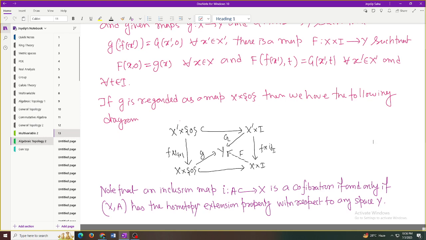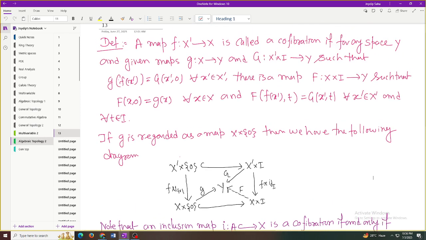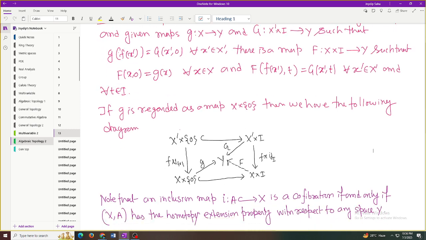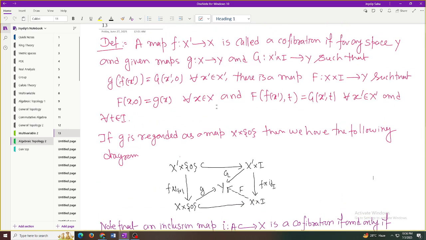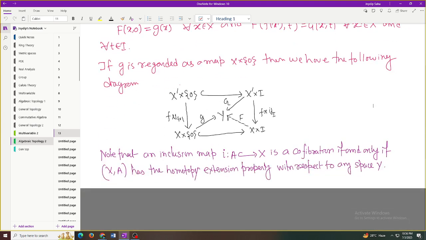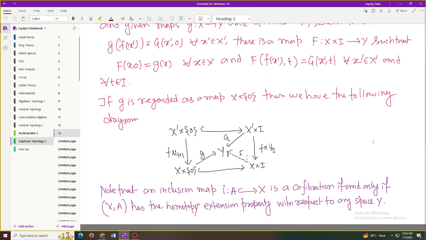So that is cofibration. That was our last discussion. So recall the definition of cofibration, this diagram is the explanation. Okay, so the dotted line is there exists f. Okay,